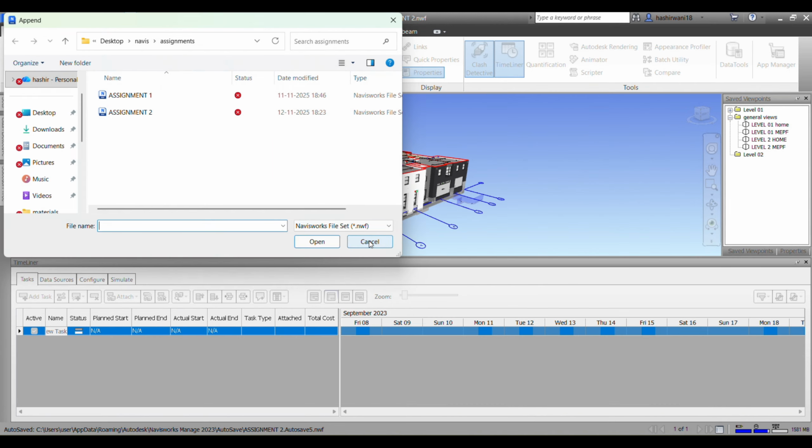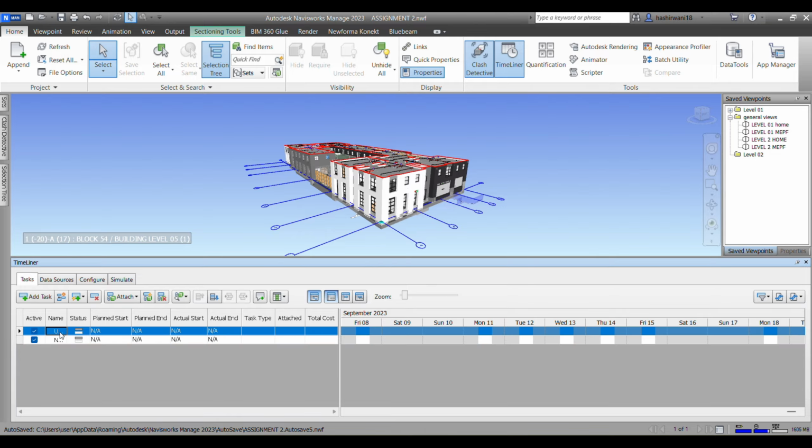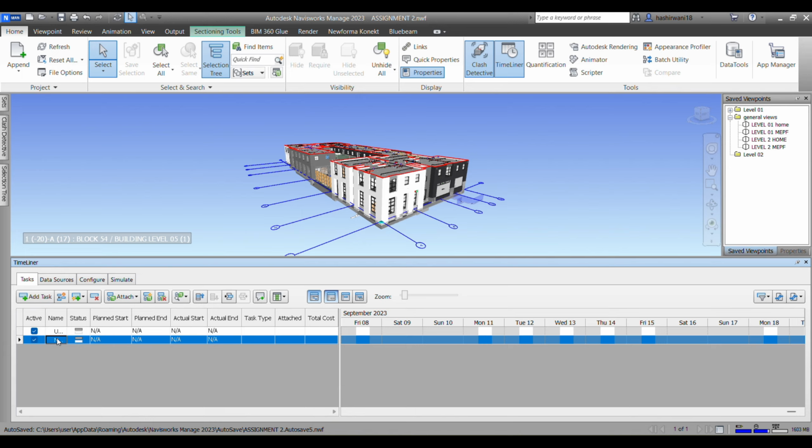Control A. Sorry, I'm not able to do the Control A shortcut here. I'll just create it manually. I'll make this a little bit bigger so you guys are able to see. It is not working for me. I'll just show you guys F2. Now I'll be able to change it. Underground utilities, I'll give a dash and then PL, which is plumbing, and then add a task again, and this is the new task. F2, and then I'll backspace, and then